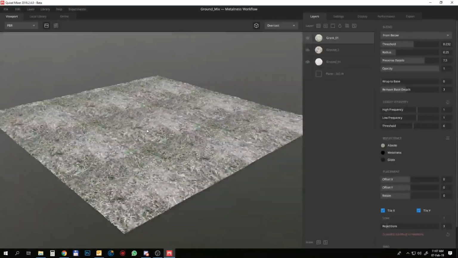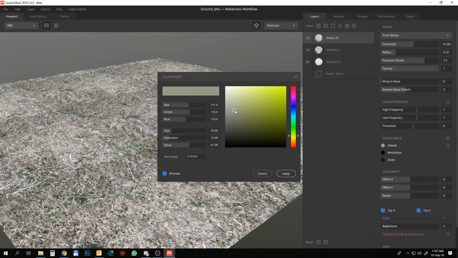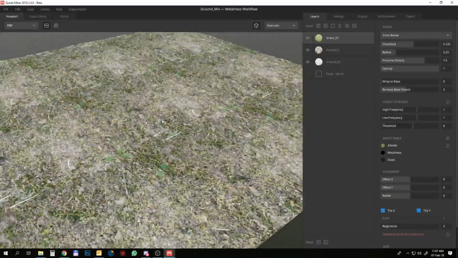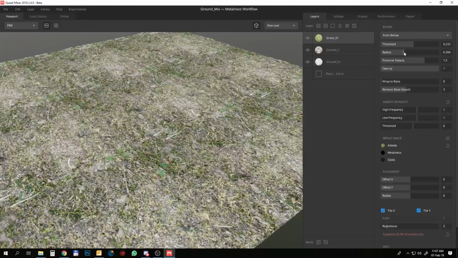You can see we mix three. At the moment we mix three materials inside one. Change albedo color to be a little bit green. Fantastic, this Quixel Mixer. We can create a lot of scratch material, a lot of strange